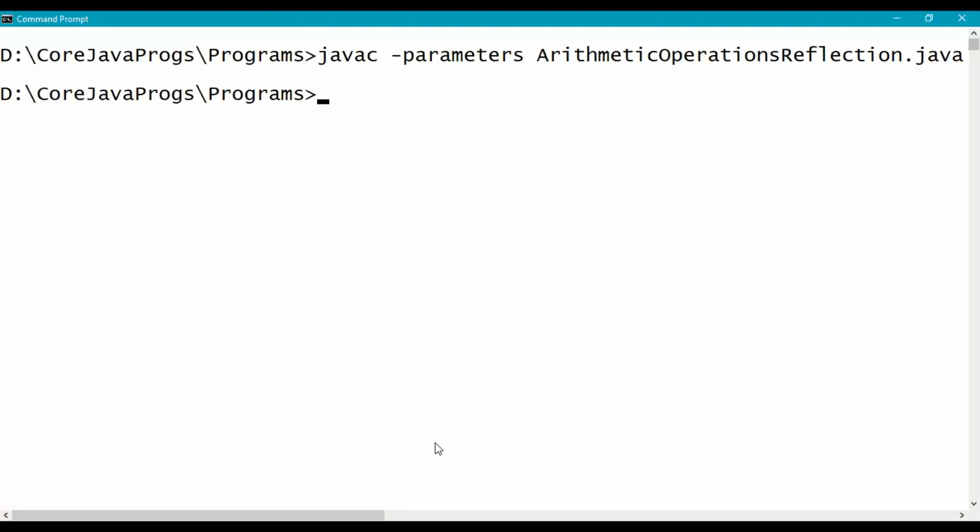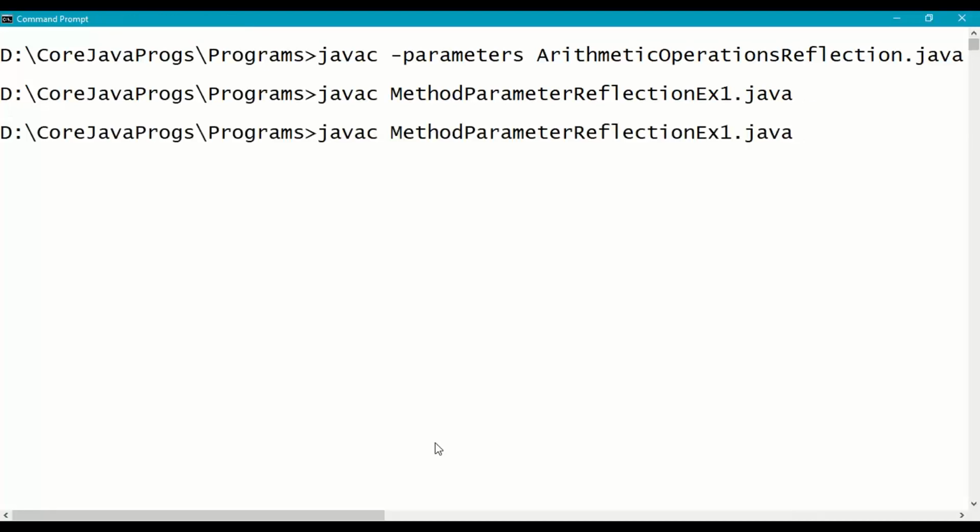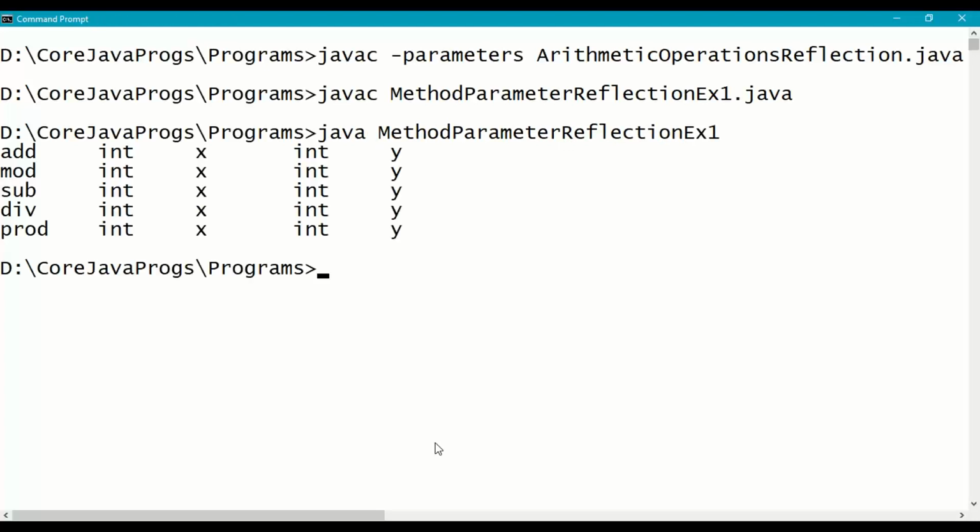When the bytecode is generated, it will store all the complete information about the parameters, names and data types also. Now let us compile the main program, MethodParameterReflectionExample1.java. On successful compilation, no error, and then run it.